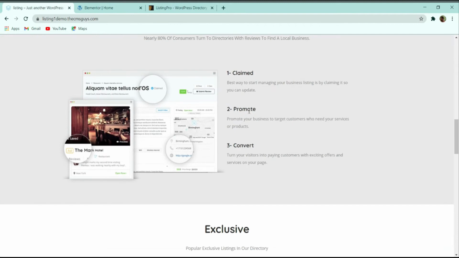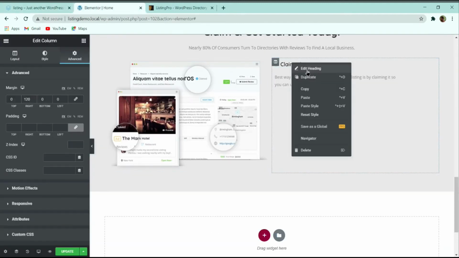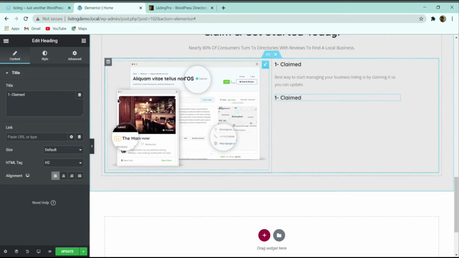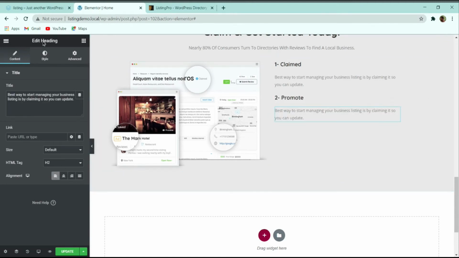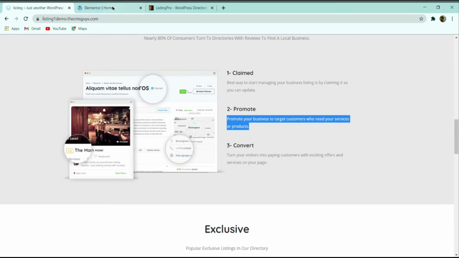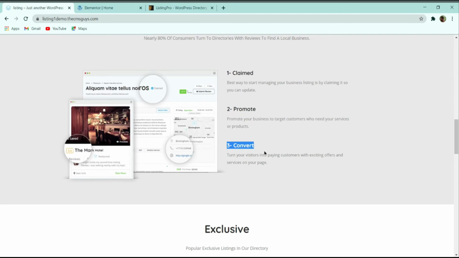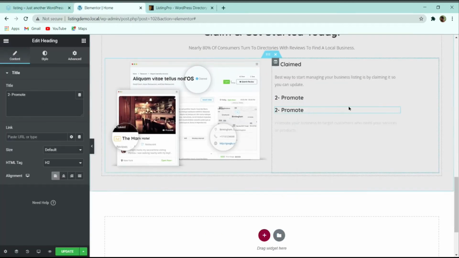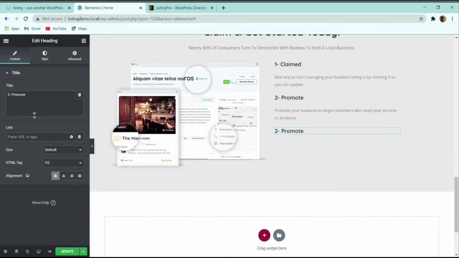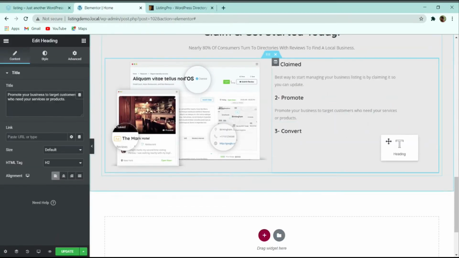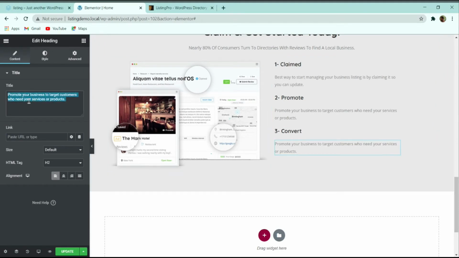So similarly I can copy this text from here and start duplicating this text under each other and paste it. So in this way you can see that this section will be complete, let me complete it quickly. And the third one is convert. Let me duplicate it, and this title part, let me paste it, convert, and copy the text from here, duplicate, and then paste.